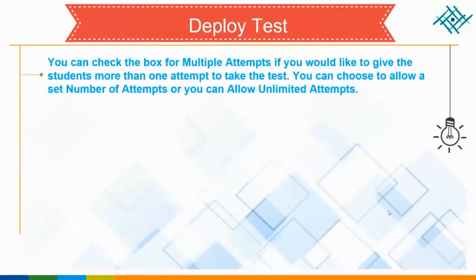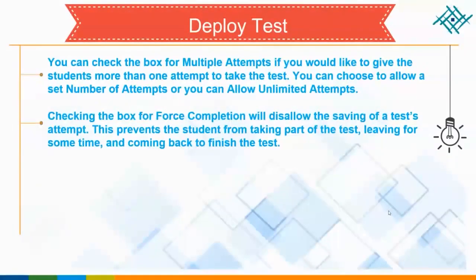You can check the box for multiple attempts if you would like to give the student more than one attempt for your test. You can choose to allow a set number of attempts, or you can allow unlimited attempts, but really for a final exam, it's not allowed for multiple attempts. Checking the box for forced completion will disallow the saving of test attempts. This prevents the student from taking part of the test, leaving for some time or coming back to finish the test. But for the time being, we don't force completion,